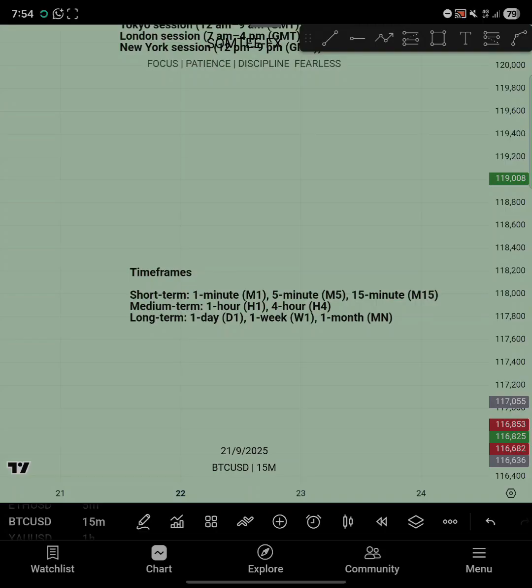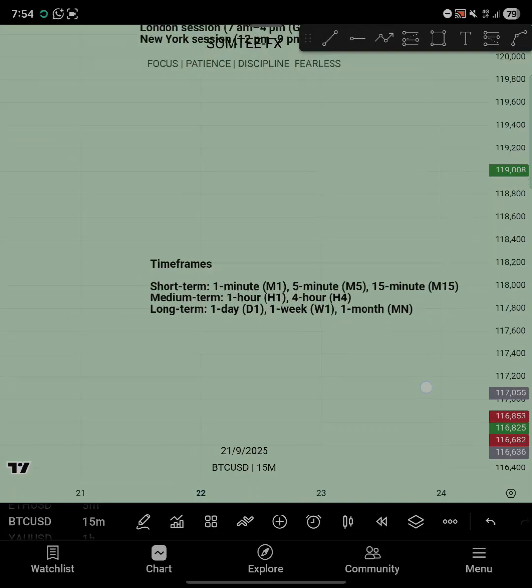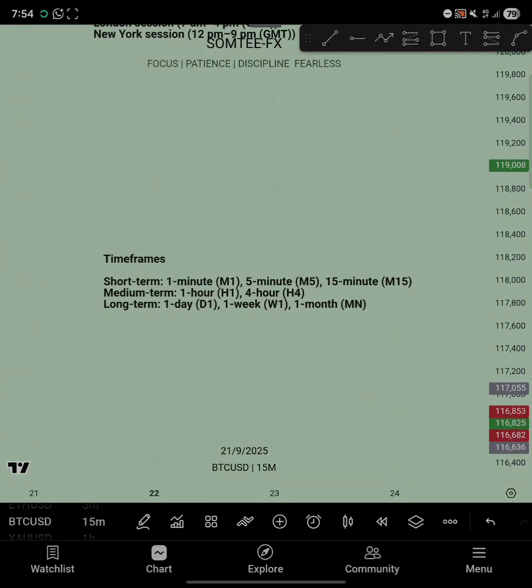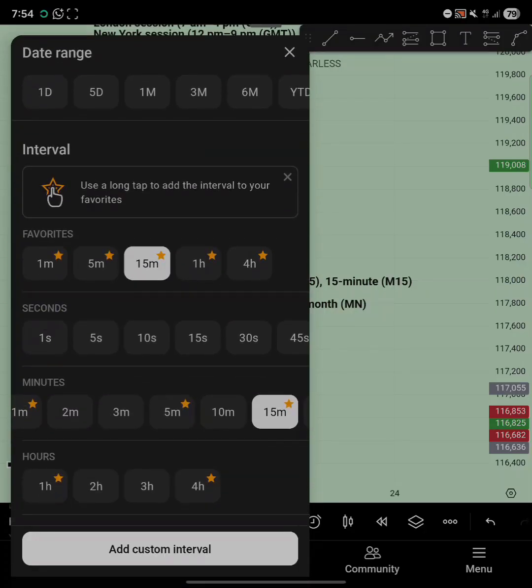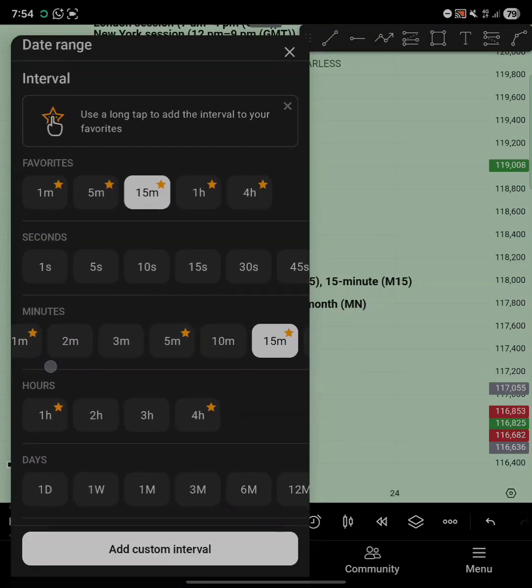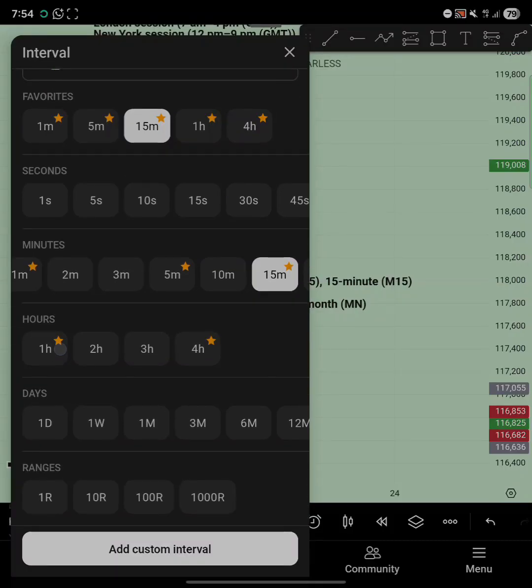So in here now, in this particular place we are in, this is our trading view. This is the trading view app. So in this trading view, if you look at the down part of it, you'll be seeing 15 minutes because we are in a 15-minute time frame. So you click on it here. So here now we'll be seeing 1 minute, 5 minutes, 15 minutes, 1 hour, 4 hours. These are just like my main time frames, the ones that were labeled with a star.